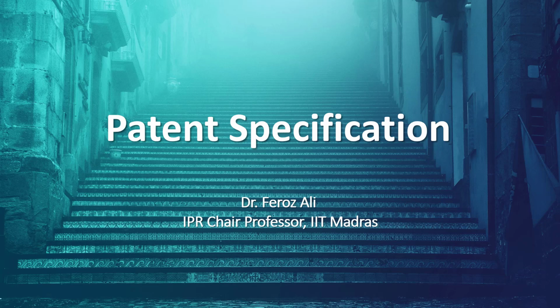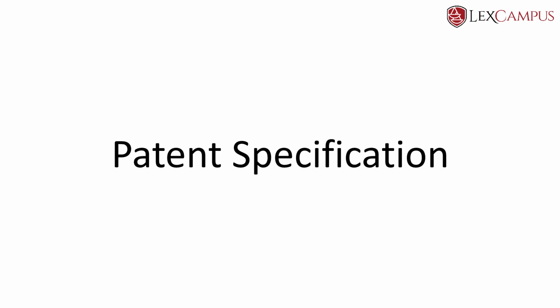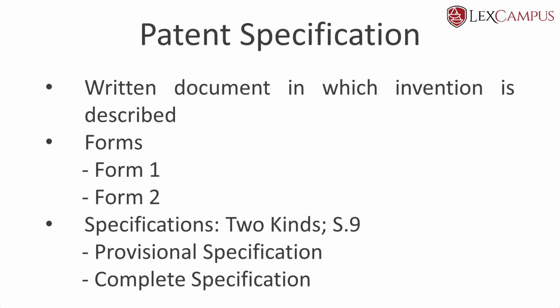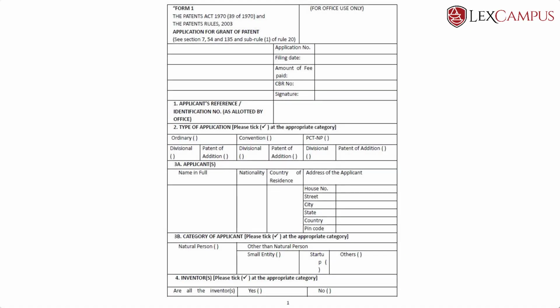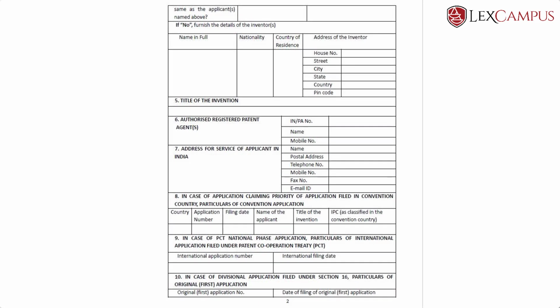A patent specification is the document that encompasses the invention. The patent specification is the written document in which the invention is described. Under the various forms that have to be filed for getting a patent, Form 1 is the form that is used for filing the patent application itself, where you have details about inventors, about the applicant, about the filing requirements,